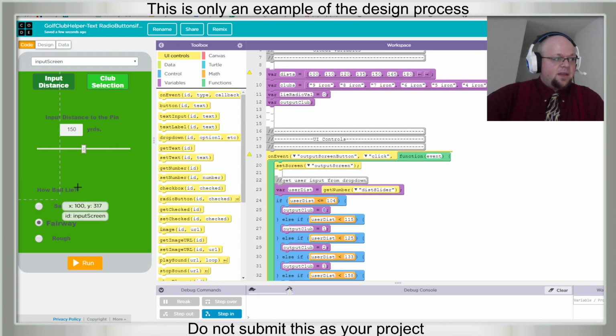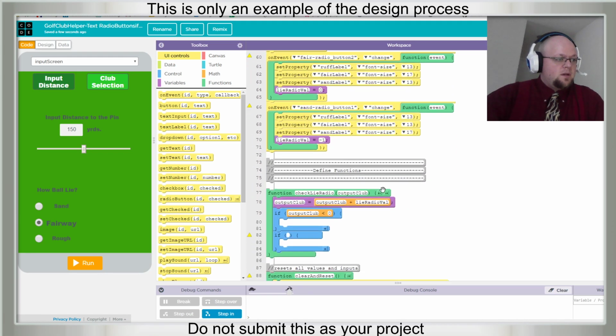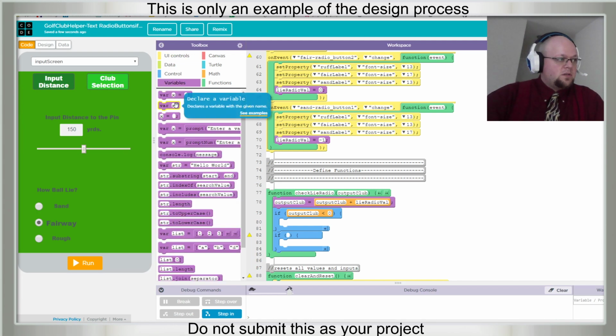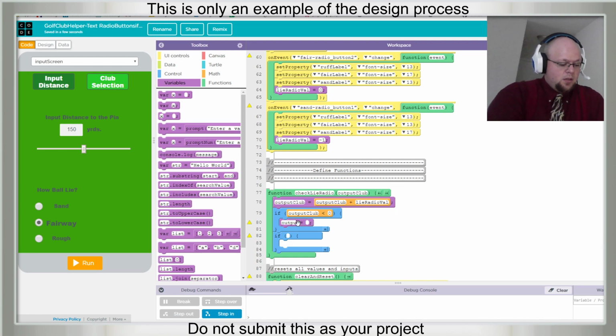But the problem is if they have sand, it would try to select a club before that, and there is no club before that. So if output club is less than 0, we are just going to force it back to 0 by output club gets 0.